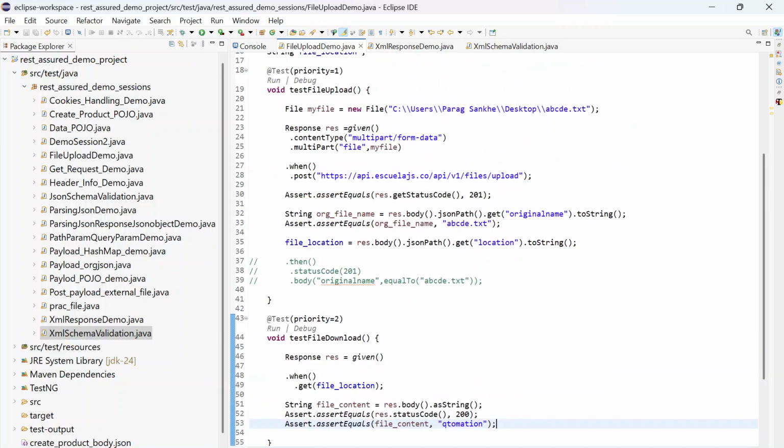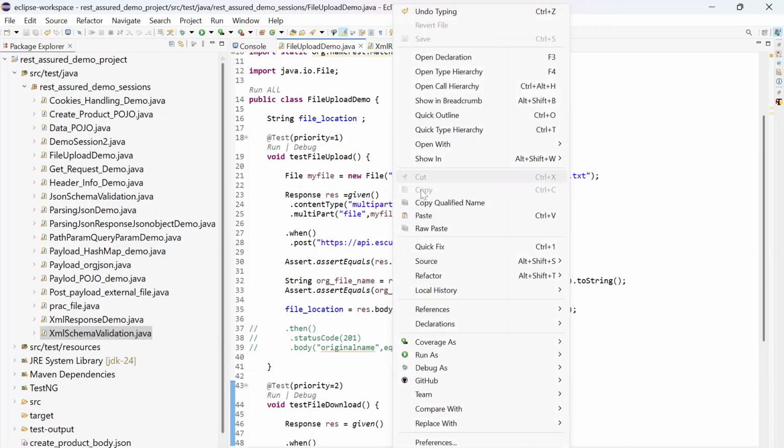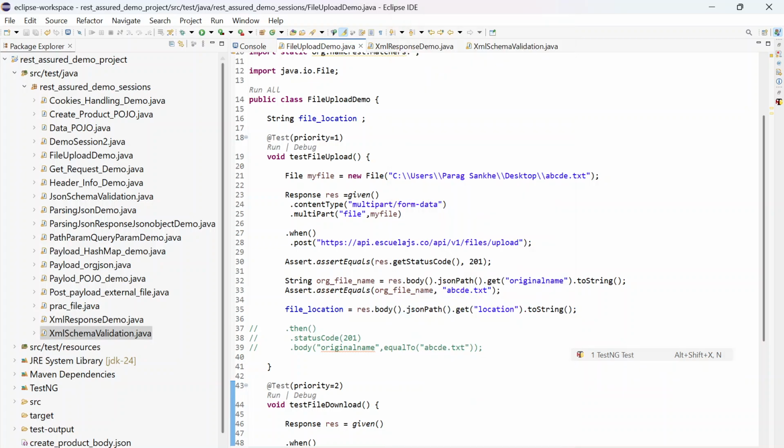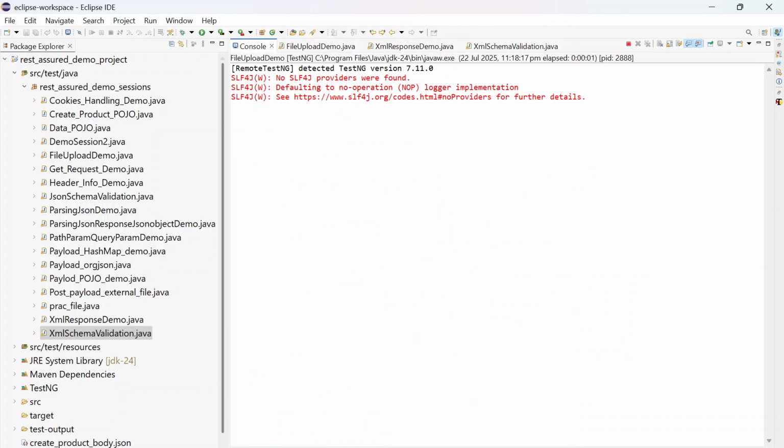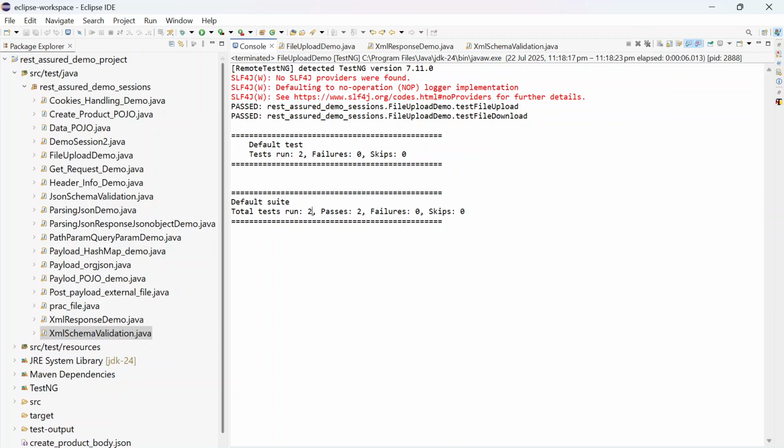Now let's execute both these methods. Let's run as TestNG test. So both the test cases should pass now. If you see, both the test cases got passed. If you want to check